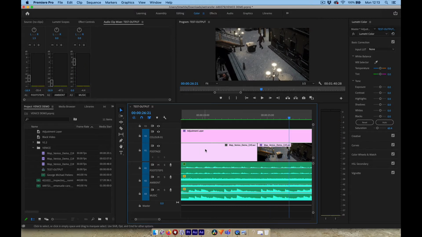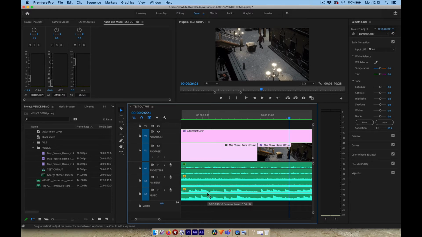Okay, so you can see at the moment the music's probably a bit too loud. It was cresting on the 0. So what I can do to bring down the level slightly, I can grab this bar,